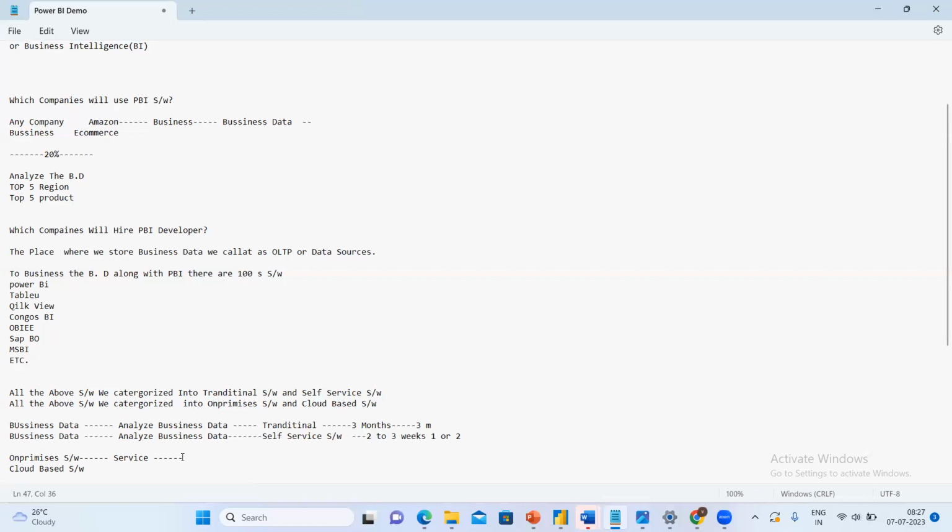You have purchased 2 TB or 100 TB, whatever it is. Once you purchase it, the data will be stored only on a particular server. And one more thing: if the data increases, say you have purchased 2 TB, but tomorrow the data increases to 3 TB, will the data be stored?